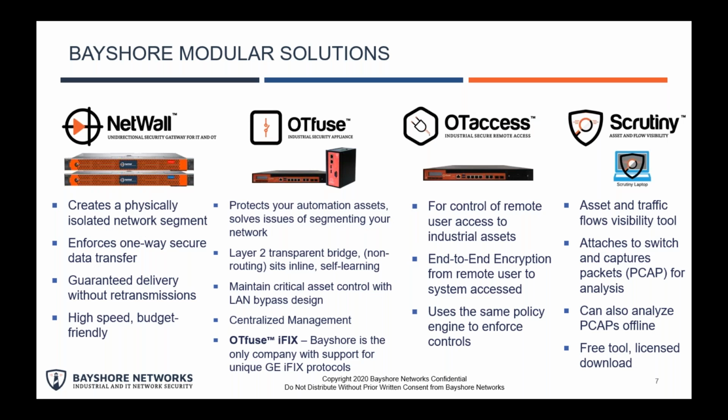it will detect what your customer's plant looks like, what type of devices you got, and how they are interconnected. All right. And based on what the Scrutiny has detected, you will figure out what devices or what technology you need to protect your plant. All right. The most common one is this one. It's called OT Fuse. This OT Fuse,